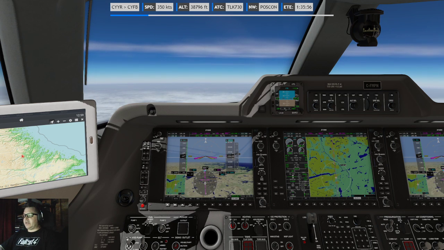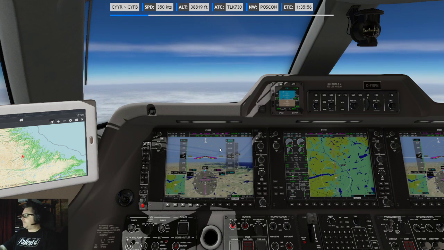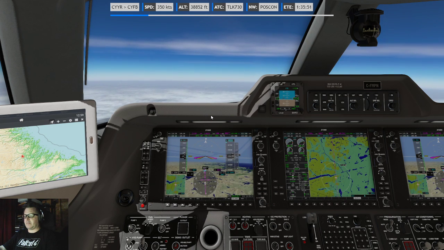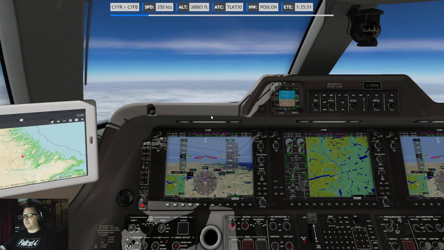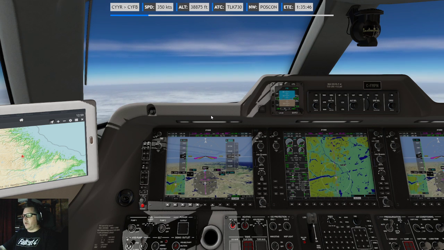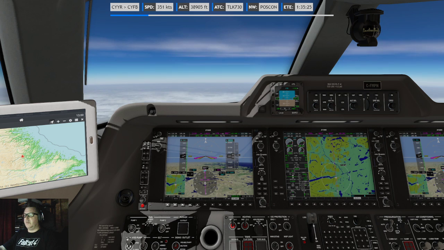So we're almost at top of climb. Hopefully we'll start going horizontal a bit faster, but it is really rocky.